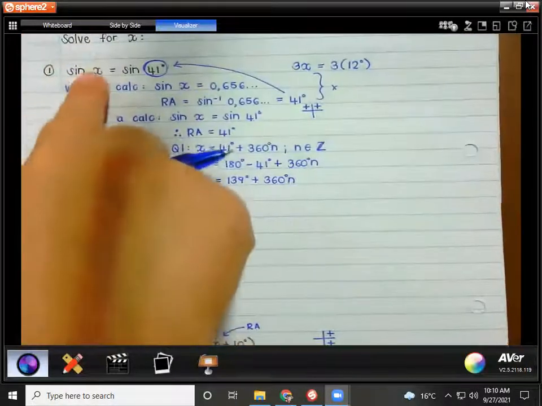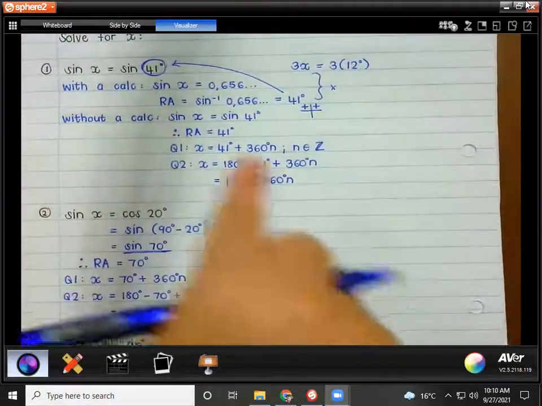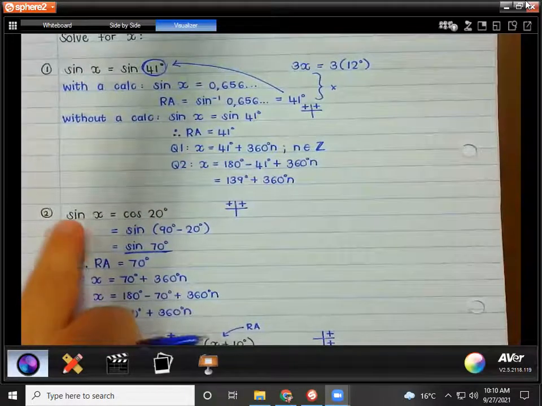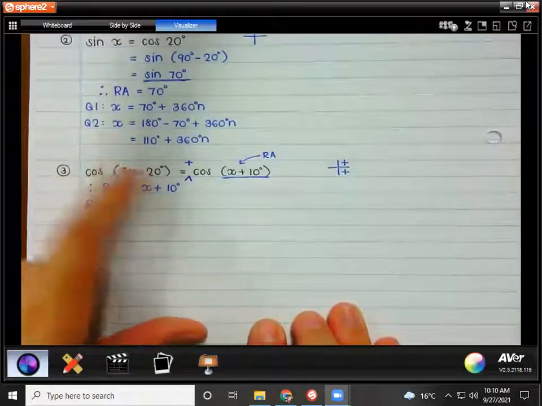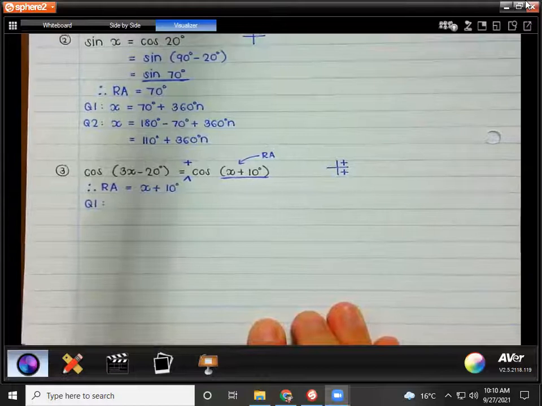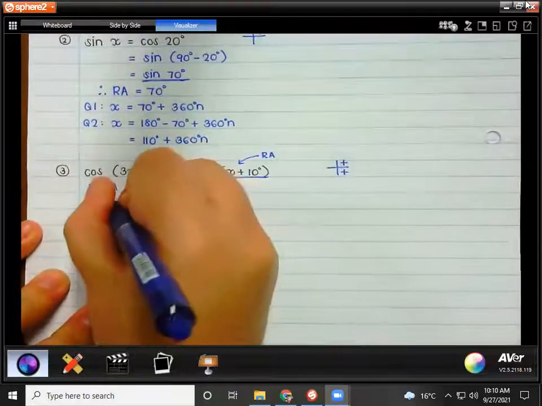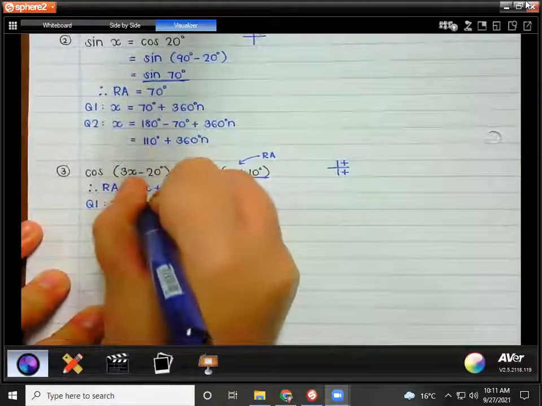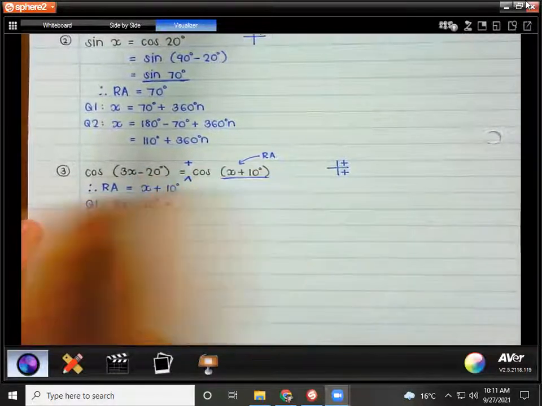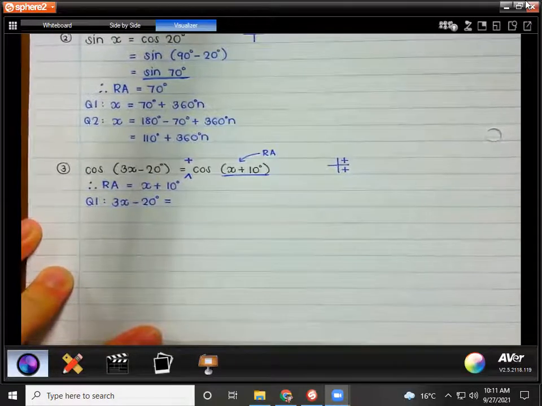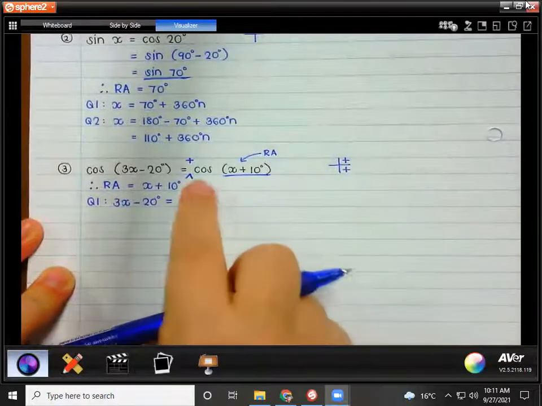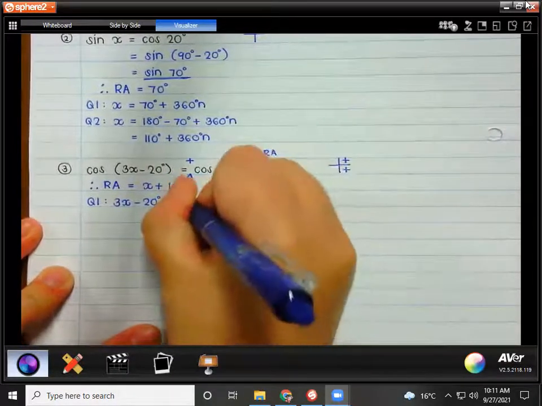All right, in the previous 2 examples, it was just sine x. So we just said x equals. And here we had sine x. So we just said x equals. Remember, if you have a more complicated angle on the left-hand side, that is what you need to write in your general solution. So we're going to have to say 3x minus 20 is equal to, right, the whole angle that was attached to that cos. Quadrant 1, it's equal to the reference angle, which is x plus 10